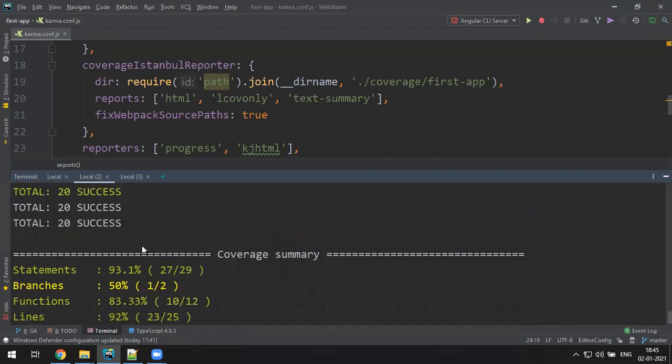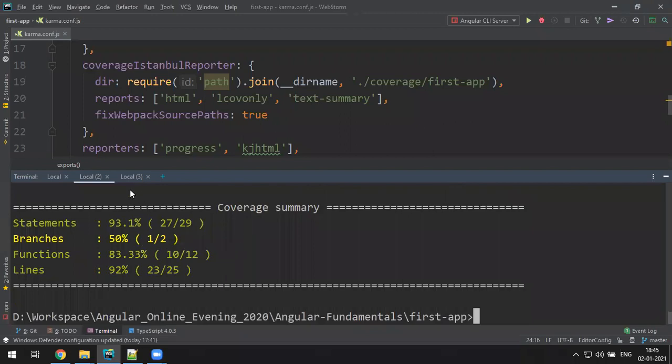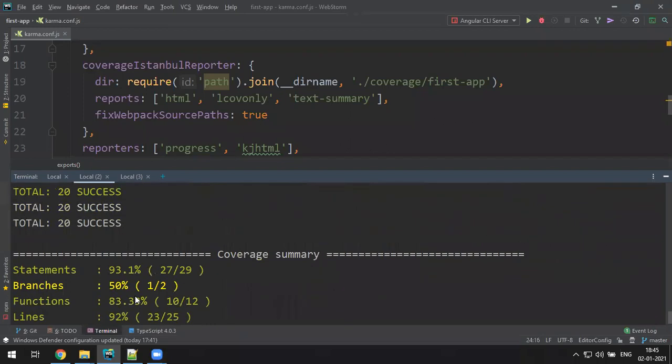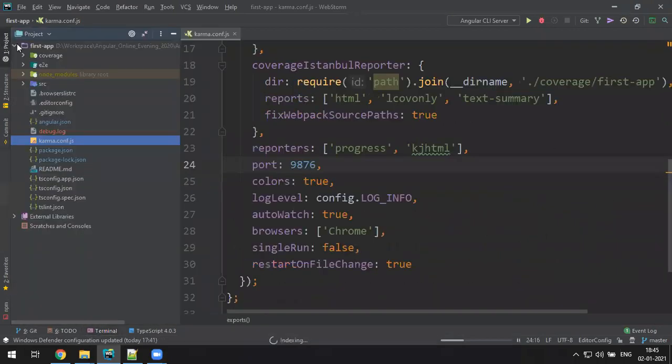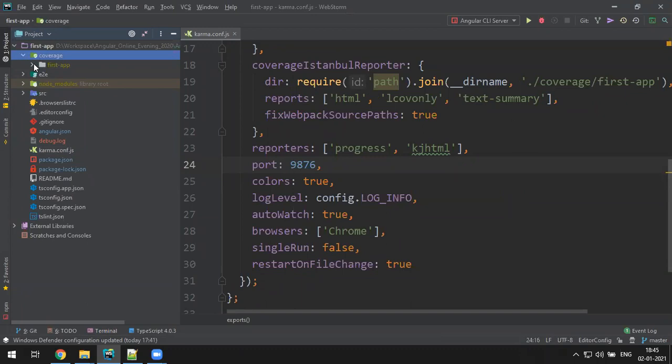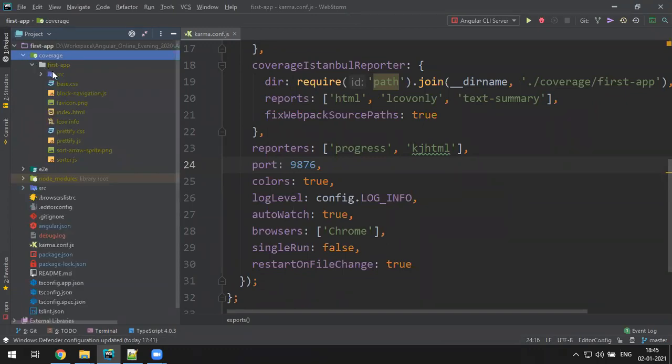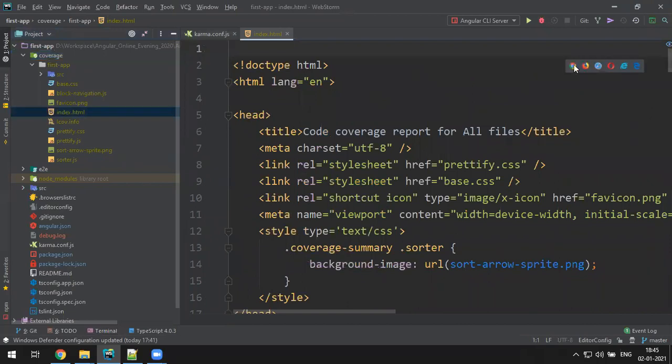Okay, you want to see the exact details. This is just the command line, and if you close the command, it goes away. But you still get the actual HTML file for this complete story. It gets generated in a coverage folder. In the coverage folder, in the first tab, there will be one HTML file generated, index.html. Let me open this in the browser.